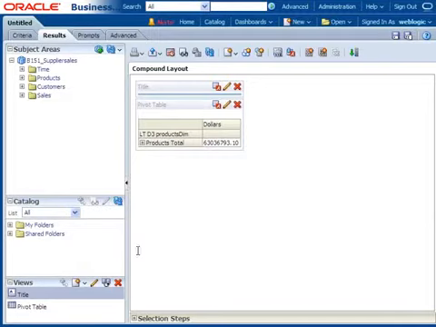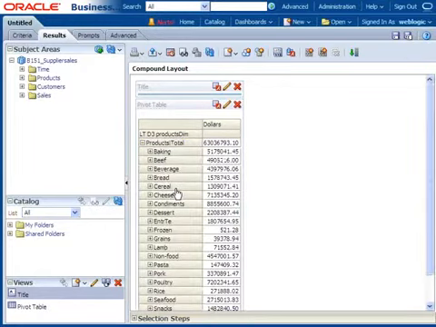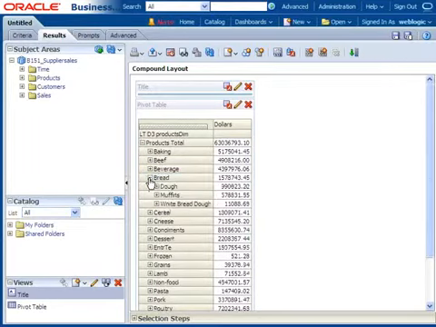Total of all my products, what is the revenue? If I expand this one, it will give me type wise revenue. Are you losing the previous level, sir? The product total level is still available. If I want to see the bread subtotals, click on bread, and you are able to see the bread subtotals. Are you losing the beef, sir? Beef is still available. Comparatively, this is advanced, or not?